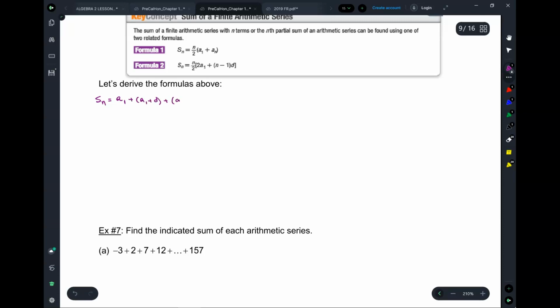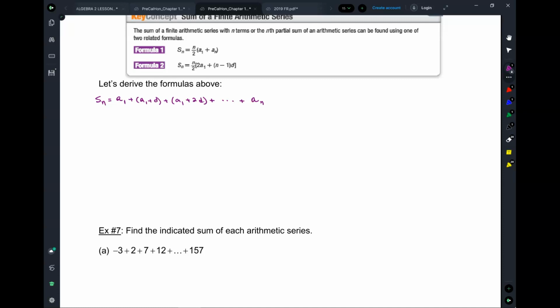And the next one is a1 plus 2d, right? And you keep going like this until you have an. Okay, so